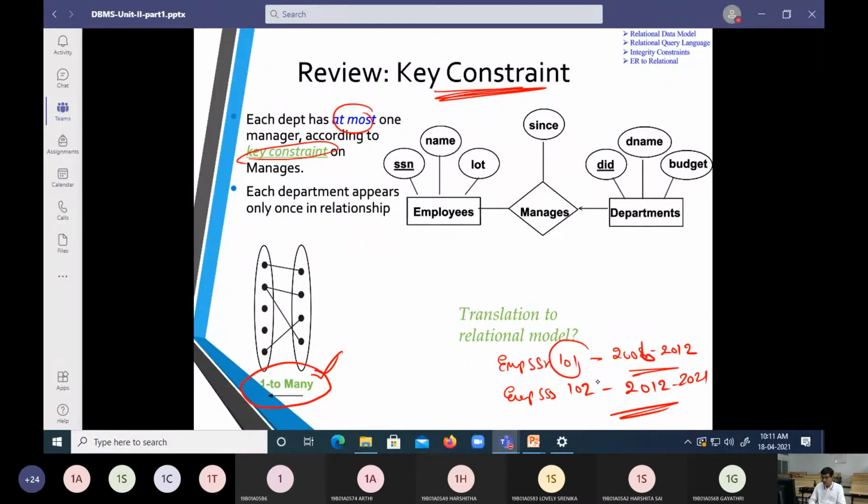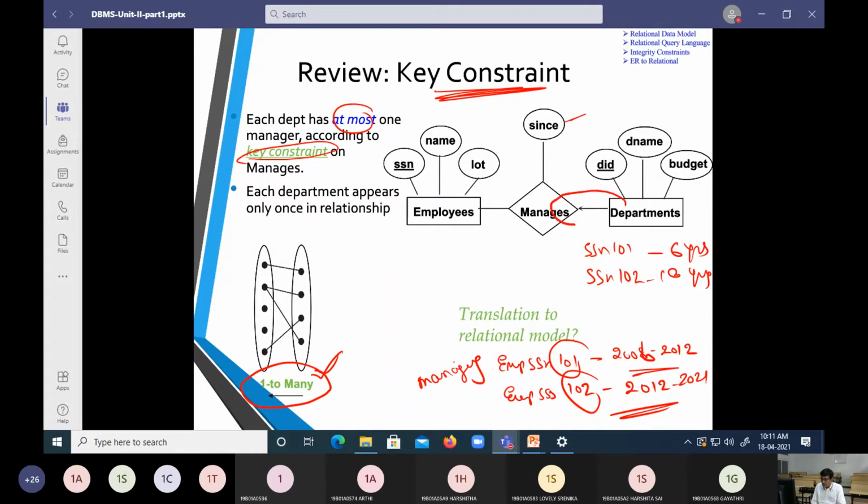So 101 and 102 are managing the department. So 101, how long is he going to manage? He is going to manage for 6 years. SSN 102 is going to manage for around 10 years, we can mention.